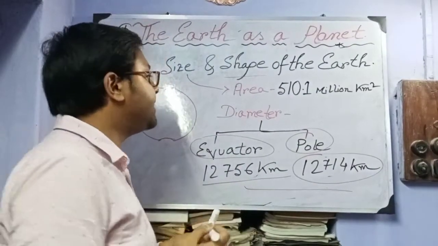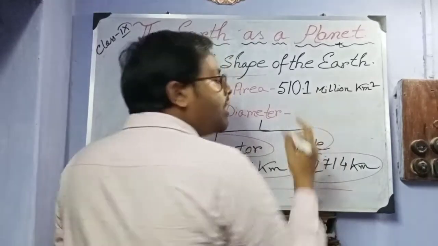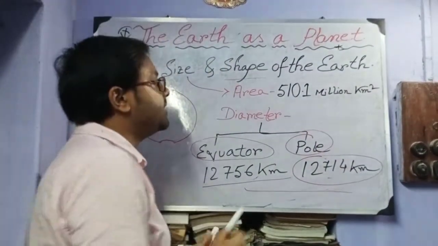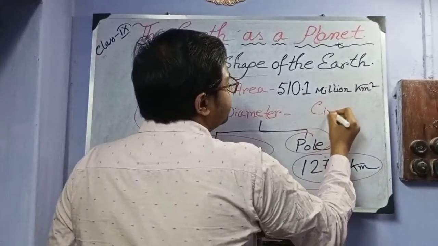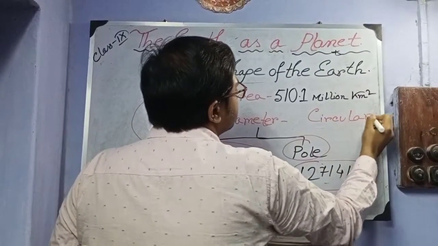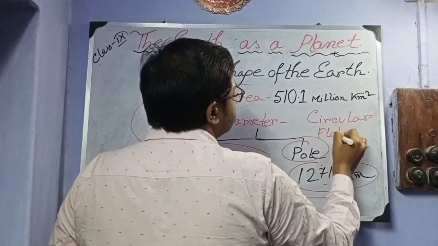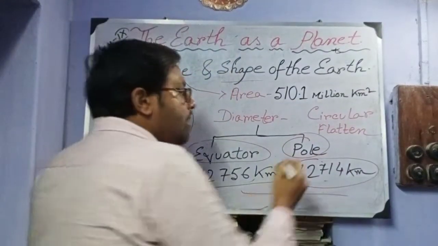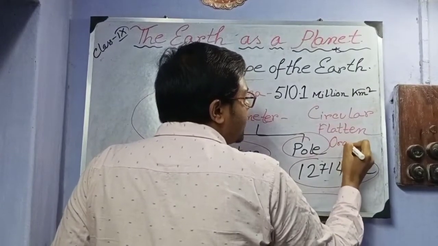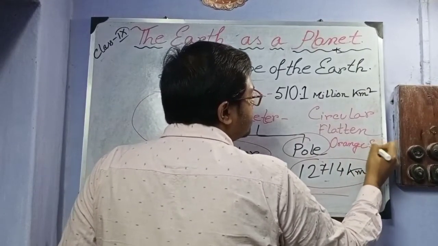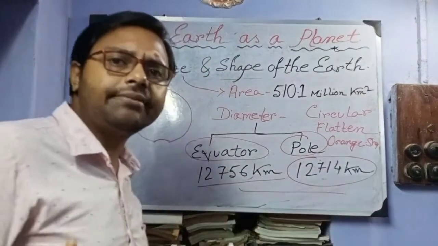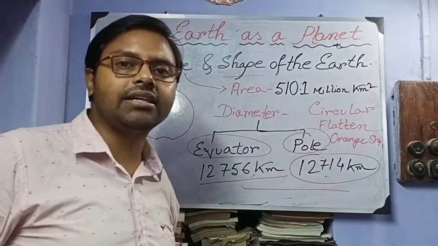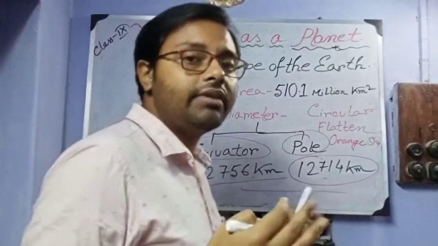Someone says it is orange-like; from the ancient era it was known that the shape of the Earth is circular, flattened, and later it was orange shaped. What is the shape of the Earth? Circular, flattened, orange shaped. But later, from the modern concept, we have understood that